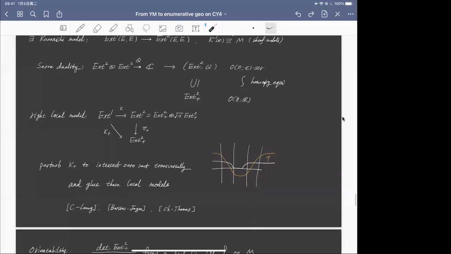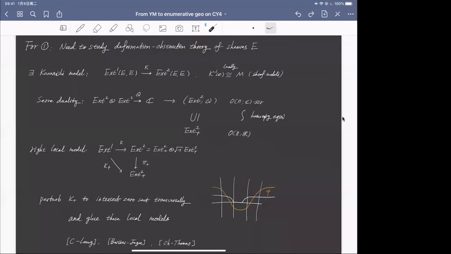Then the way is that we perturb this kappa plus to intersect the zero section transversely and then glue such local models. Because as I said, this zero locus is the moduli space. So the moduli space is complicated because the graph of kappa does not intersect the zero locus of this, that is, this x1,